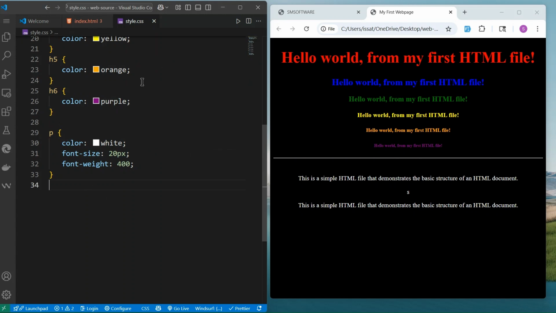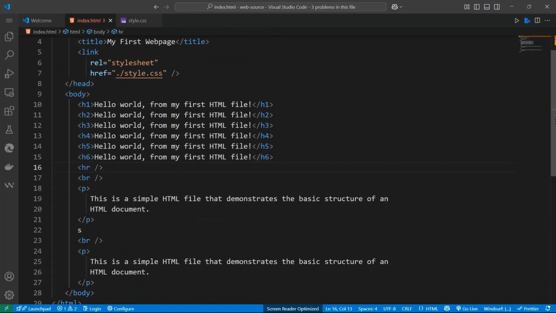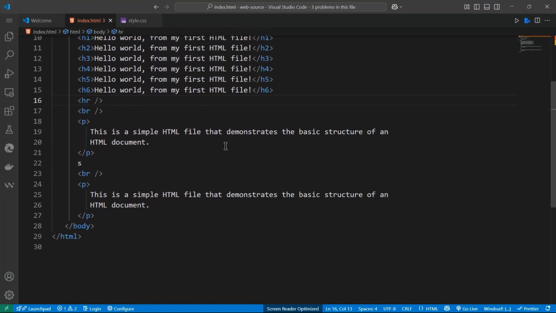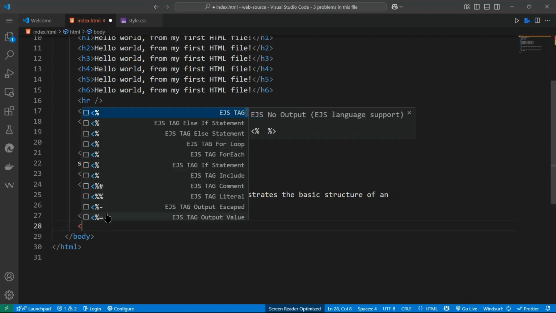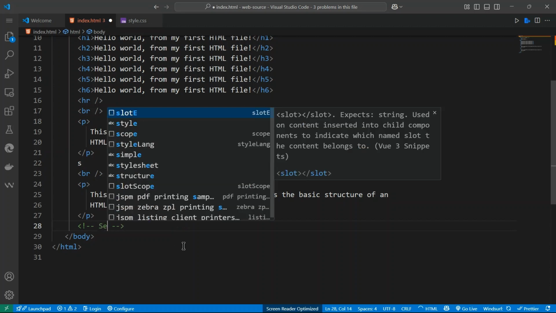You can also select section. Let's see here. If I expand this a little bit, this is what we have here. We have a paragraph, H1 and H2, and we also have section. So let's say, for example, I can give a section. Let me use a comment here. Say section